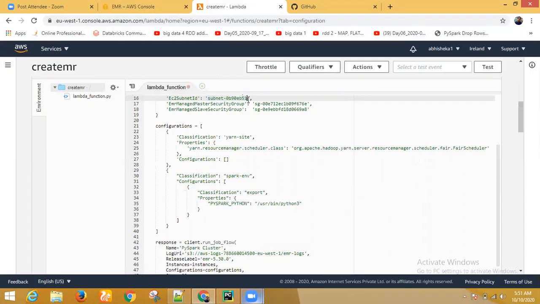Siddharth, one question. This is not a CloudFormation script, correct? This is a Lambda script. There are multiple ways to create a cluster. You're correct, one approach is to use a CloudFormation script to create the cluster.